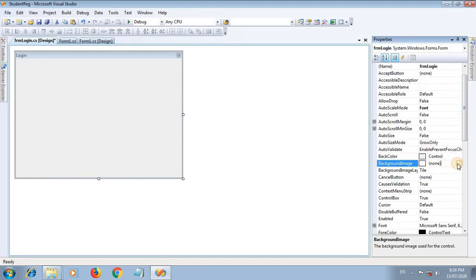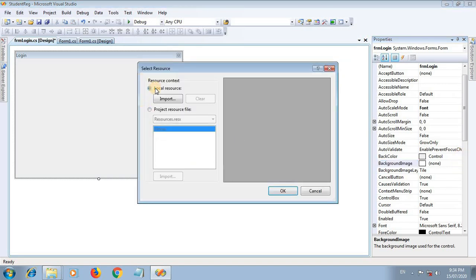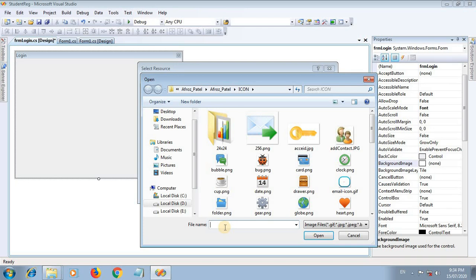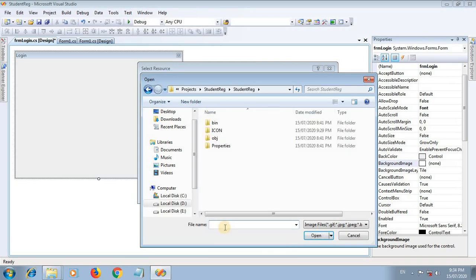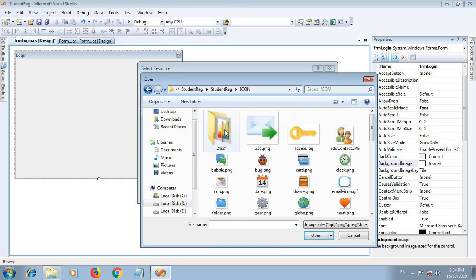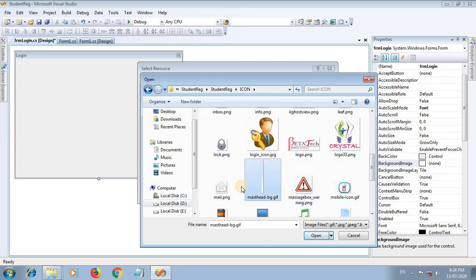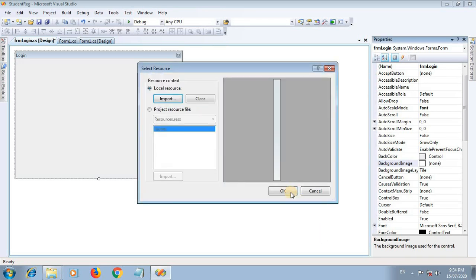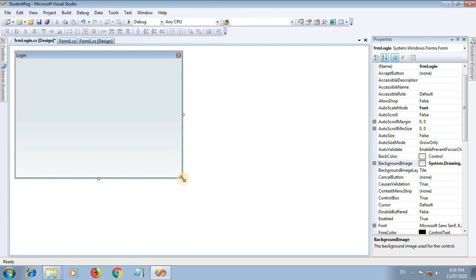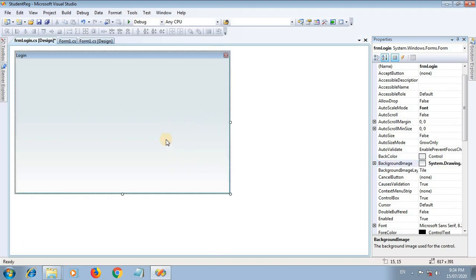Select local resource and go to our project folder. I need some background image, so I am selecting this master head as the background image. So open it. Okay, so this is a background image.